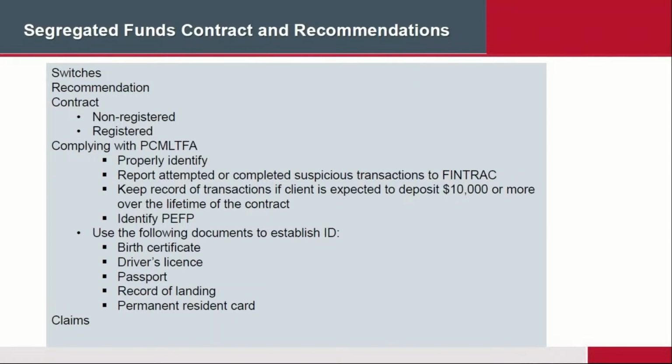And therefore, if you do have suspicion that this person may be involved in money laundering or is a politically exposed foreign person, and they're giving you $10,000 or more or $100,000 or more, then you need to have these documents, okay? You need to have these documents, at least one of them. And that has to be filed with the application to the insurance company, and that way they can keep a record of all this stuff.